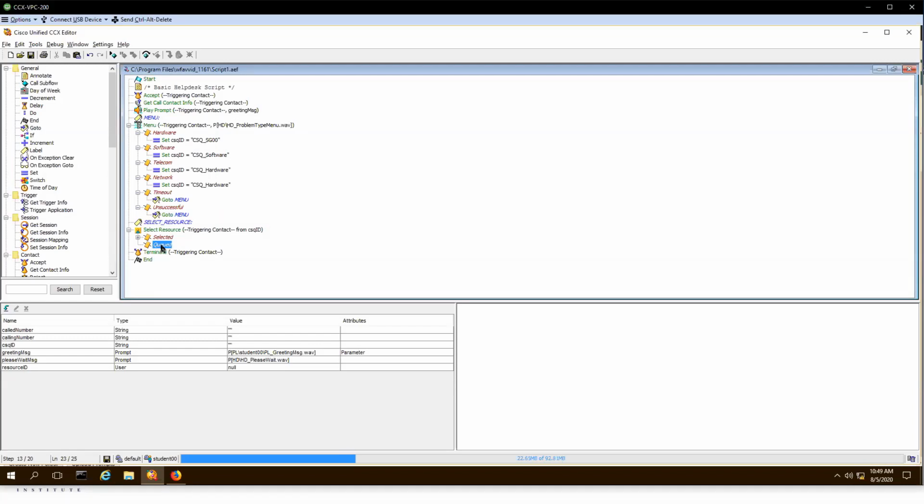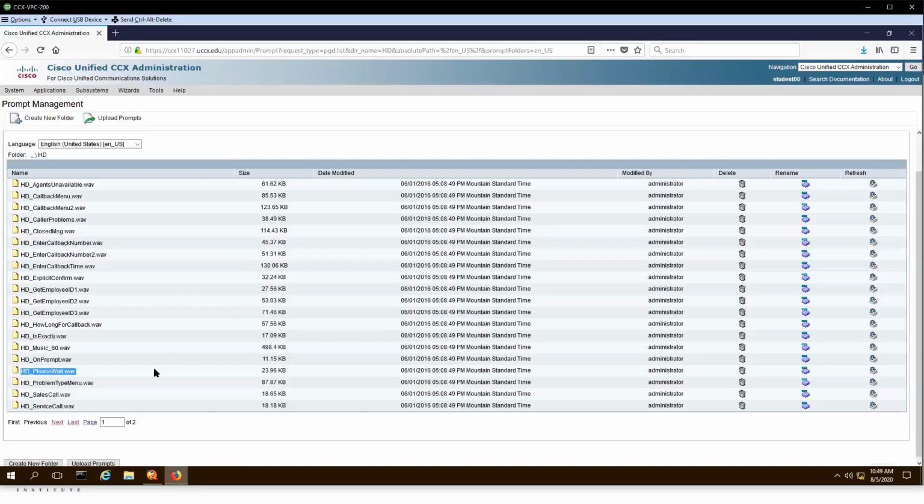So within this queue, what I probably want to do is add a label here because I want to make some decisions, right? I want to be able to loop this back over if they didn't get queued properly. So I'm going to put a label step in as a bookmark. And then maybe I want to put another play step. So if you are being queued up, I want you to know that you're being queued up. And you'll notice this play prompt here, maybe I want to play something like,